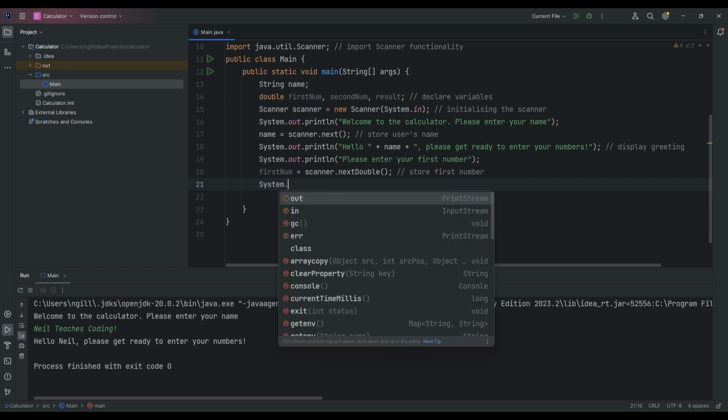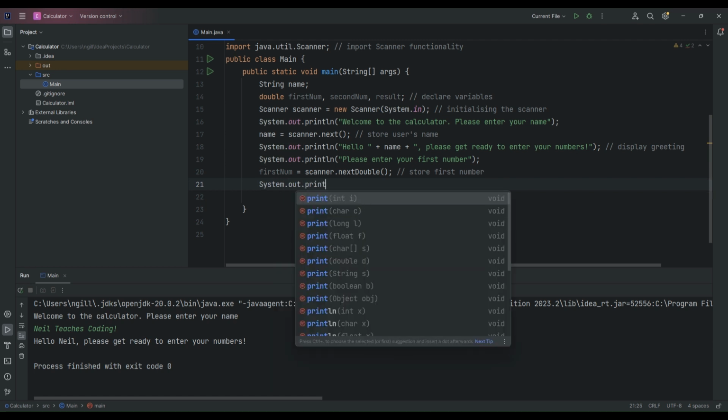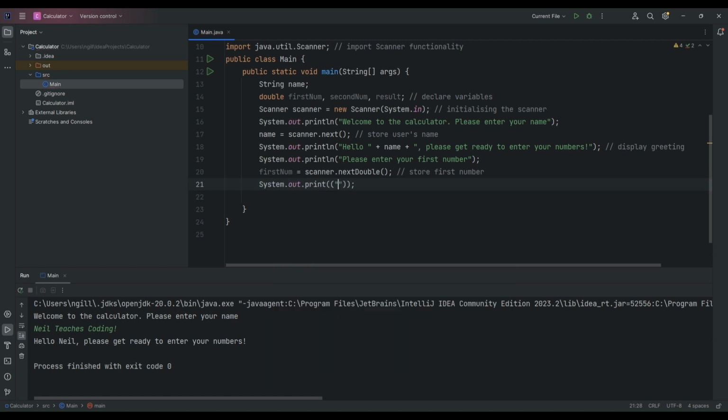Okay, and then we'll do the same. Ask for the next number because it's two numbers that we're going to need. Print line, and we'll say please